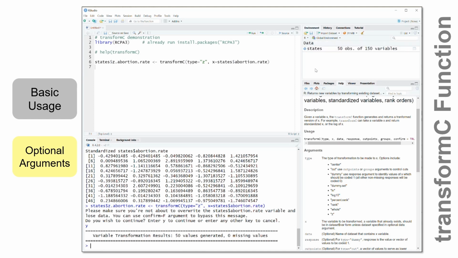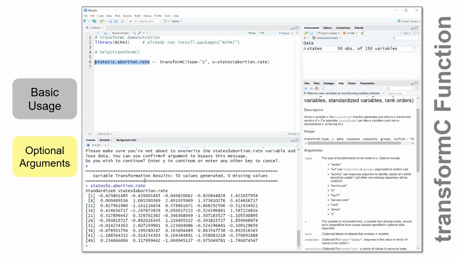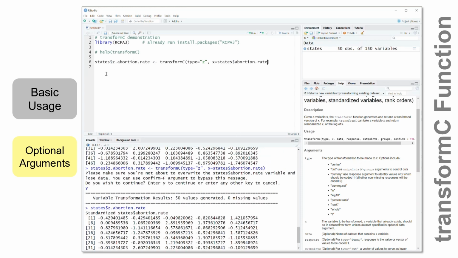So now you can see in my environment a new object appears, and this new instance of the state's data set has an additional variable that's stored, and I can recall it, called the state abortion rate. And now maybe you can see why we have that confirmation in here. It's very easy, and this is a somewhat difficult mistake to remedy and you want to avoid,